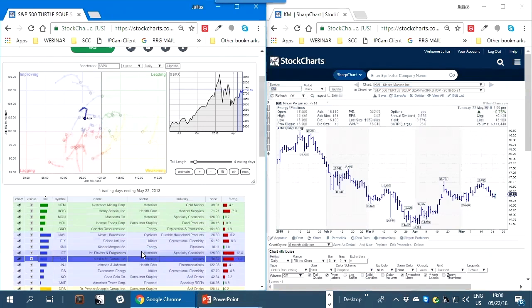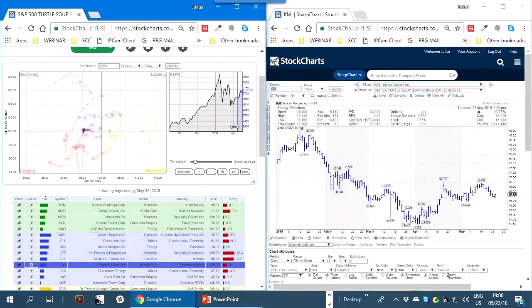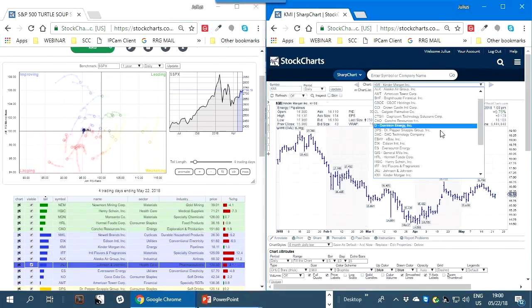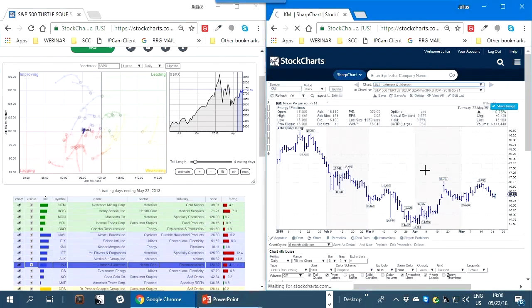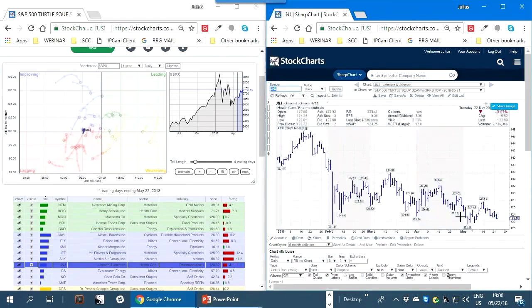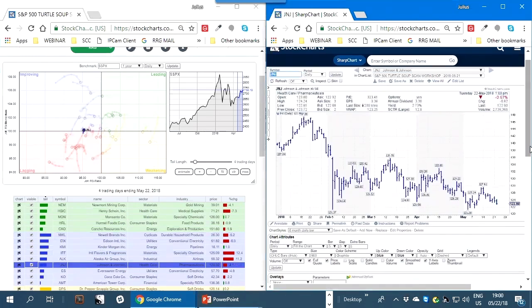This is not good. This is not good. Johnson & Johnson. Have a quick look. This is close to support. I don't like the fact that it's a lower high. So there's still selling pressure, but it could be like a spring type of situation where